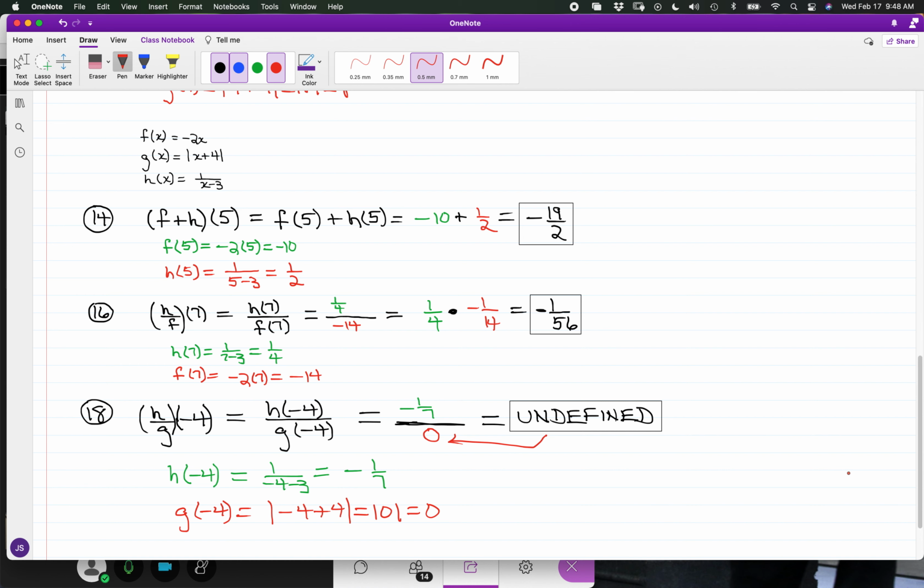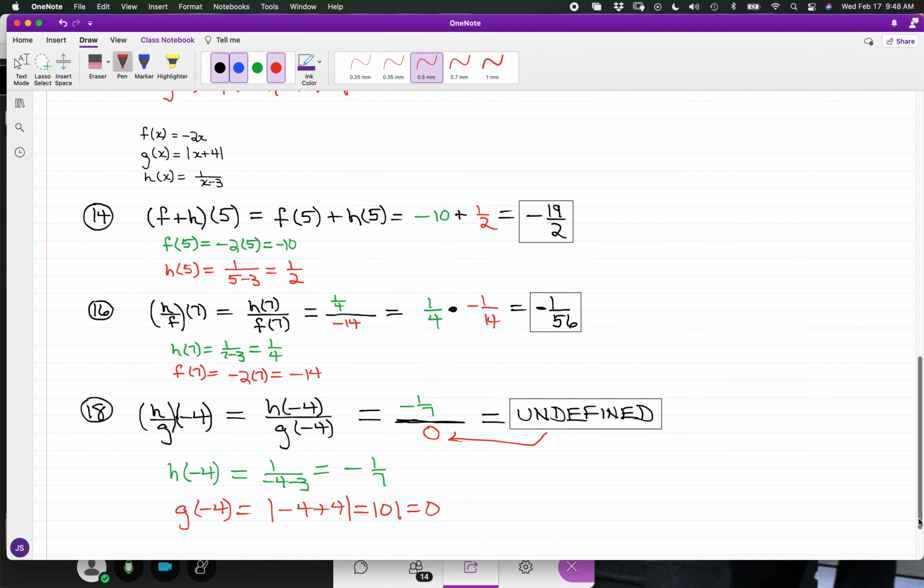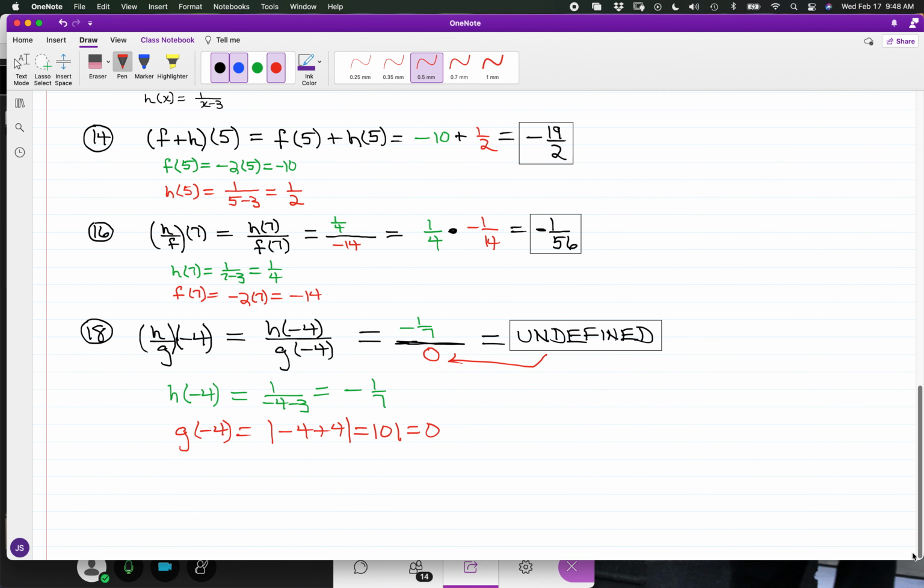Okay. All right. So this is what we have for the trio of functions that we have for f of x, g of x, and h of x. Now, for what we have for the subsequent problems, and this time we have involving the